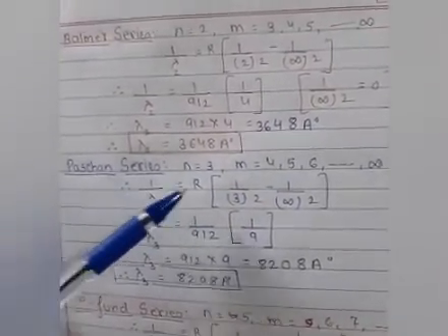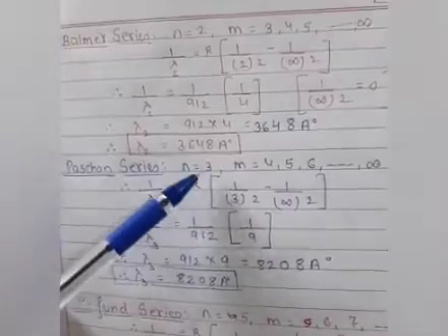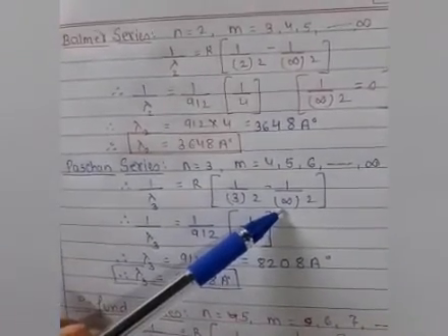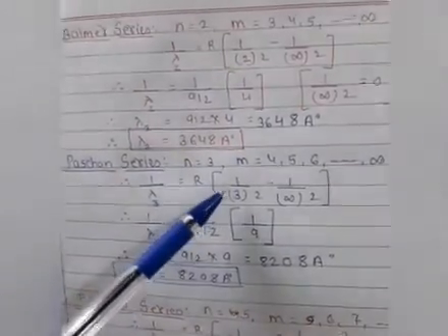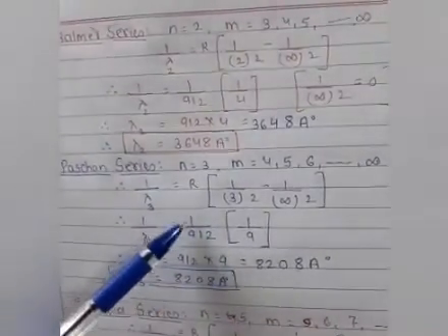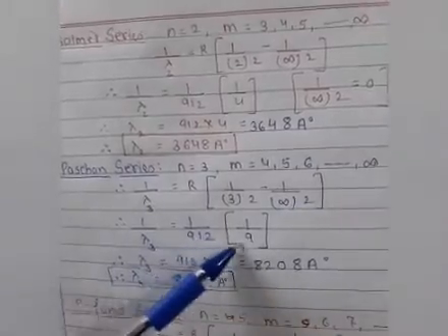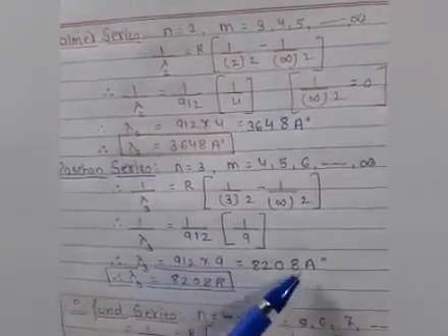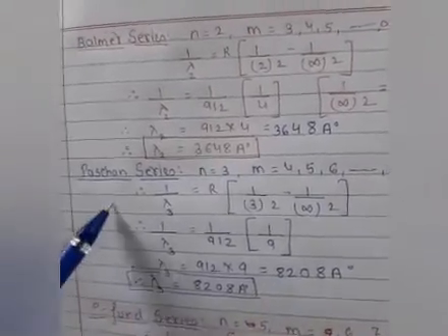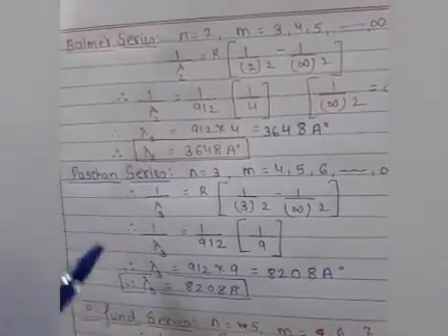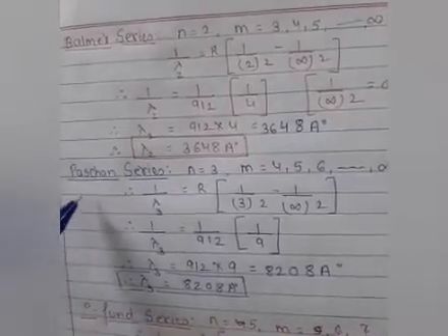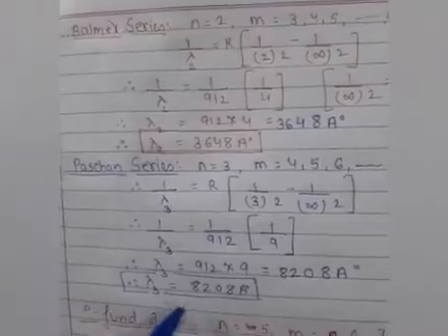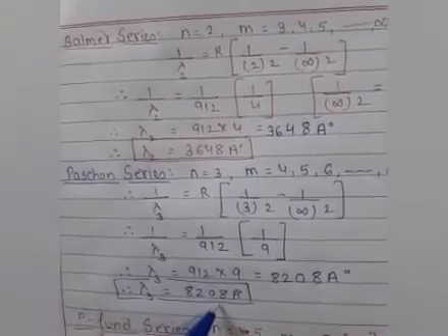So 1 by lambda 3 is R as it is, 1 by 3 square in the place of n, and the last limit, that is infinity. As you know very well, in all conditions we can substitute. So 1 by 3 square, that is 9, 1 by 9, 1 upon 912. So when we take the multiplication of this term, students, we are getting 8208 angstrom, the wavelength of the Paschen series. Hope you are clear about it. It means in the Paschen series, here we have the limiting wavelength of this series, that is this much value is the last wavelength of the series.